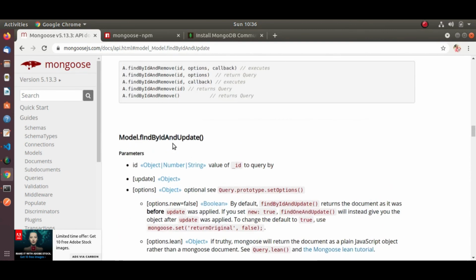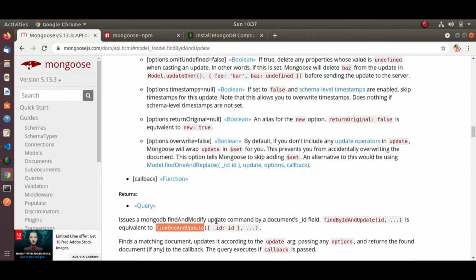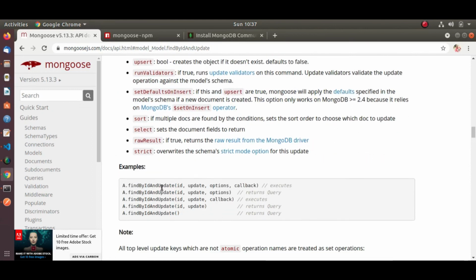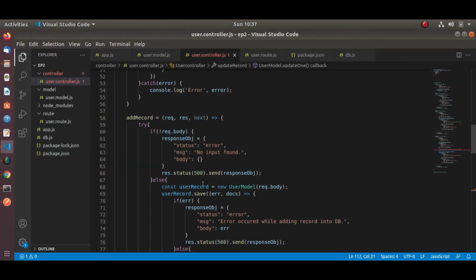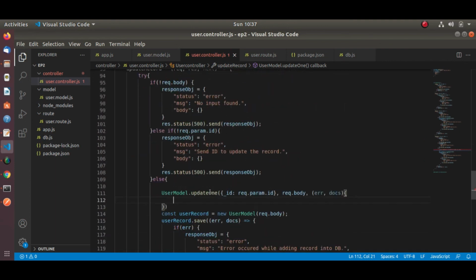Or we can also use find by ID and update. This one we can use directly. So here in the condition we have to pass the ID and body, then our callback function.